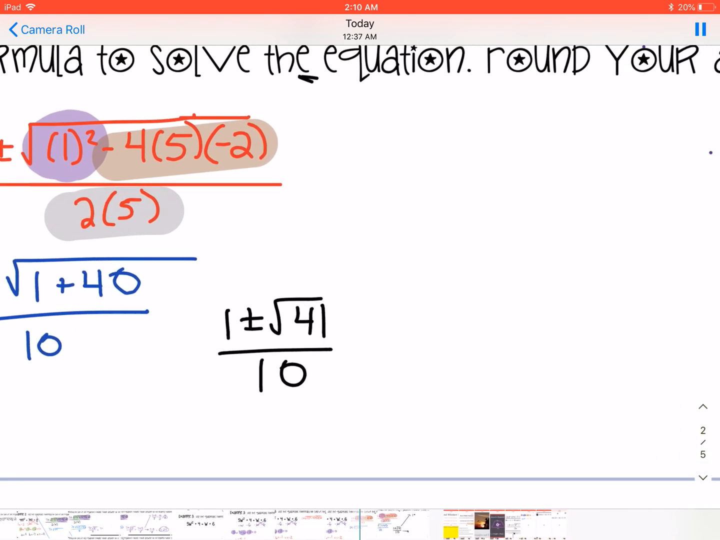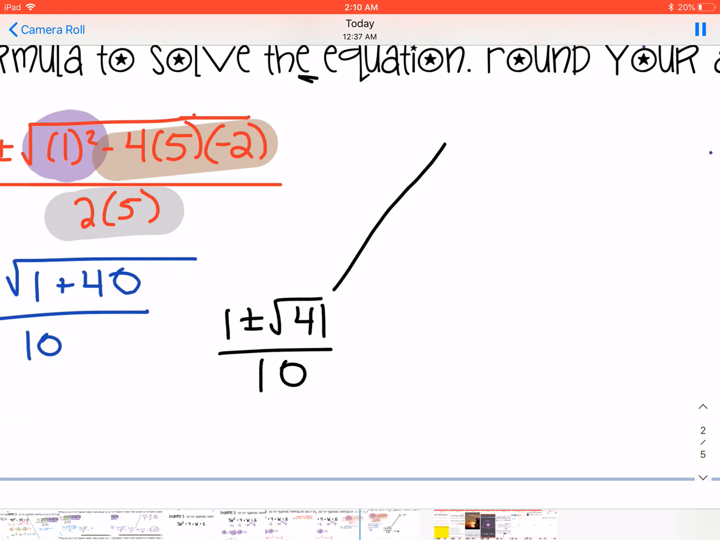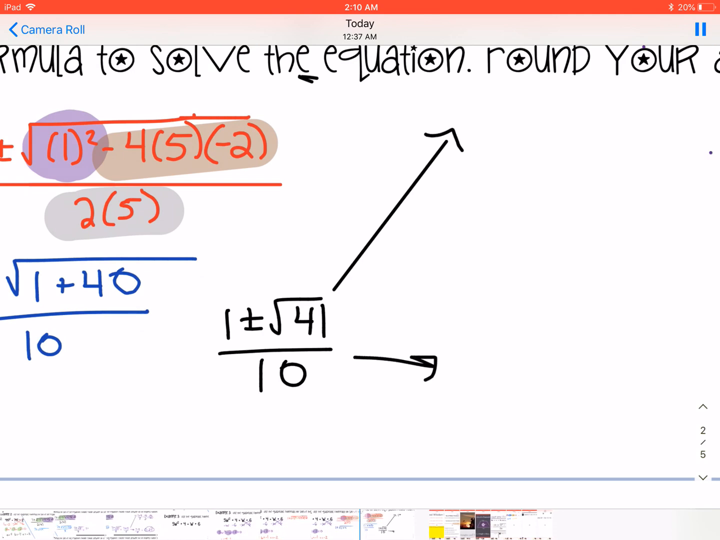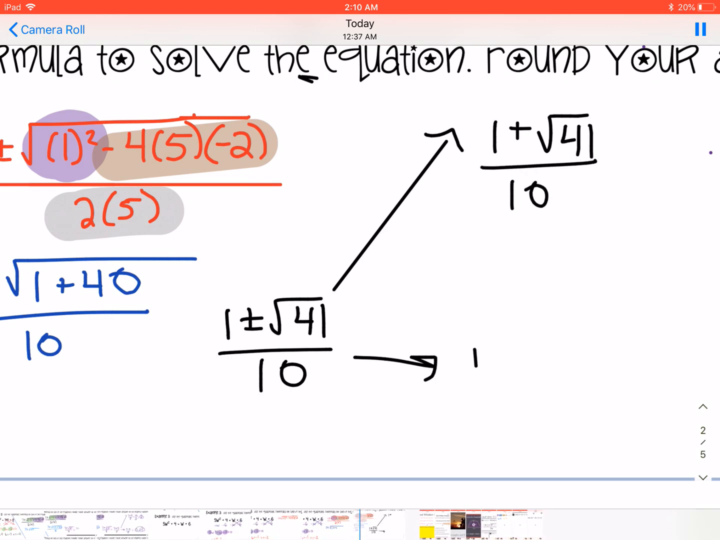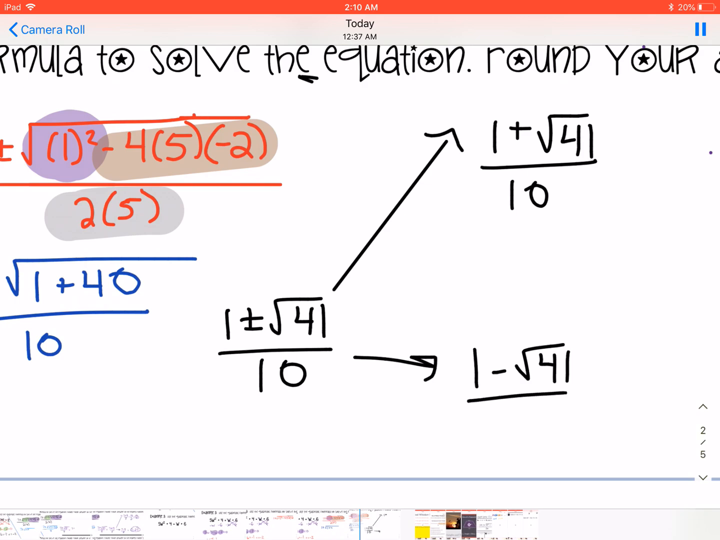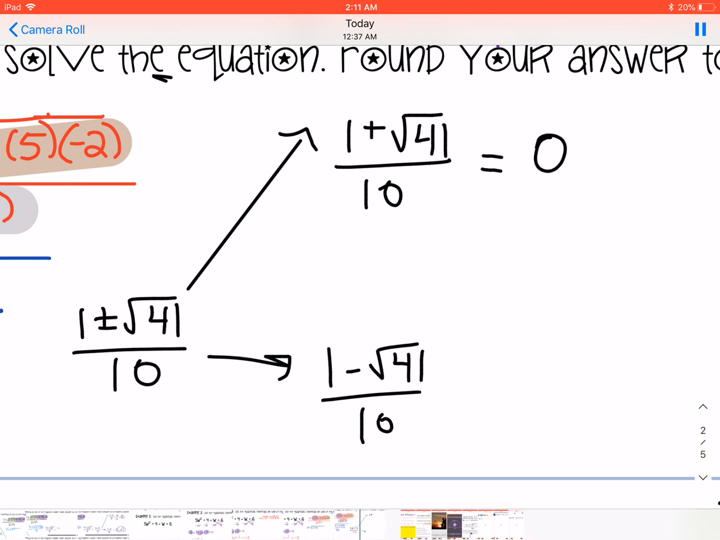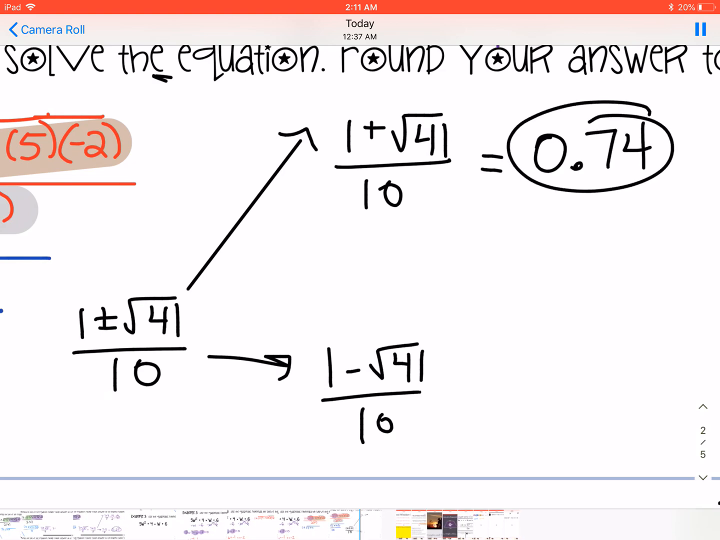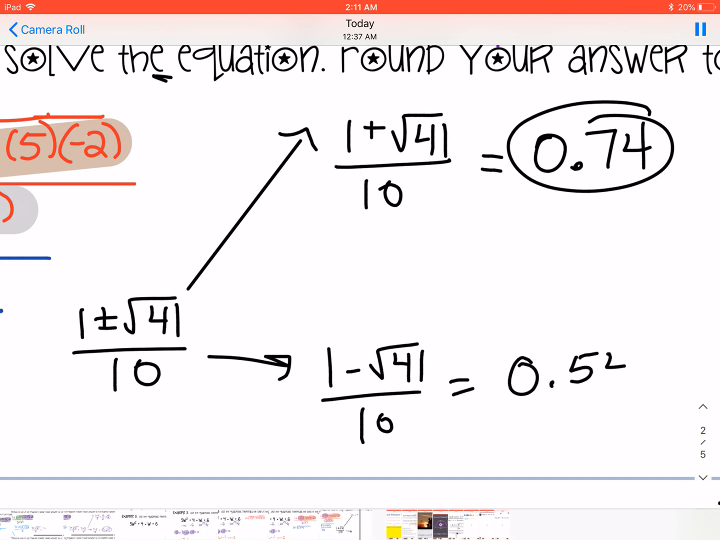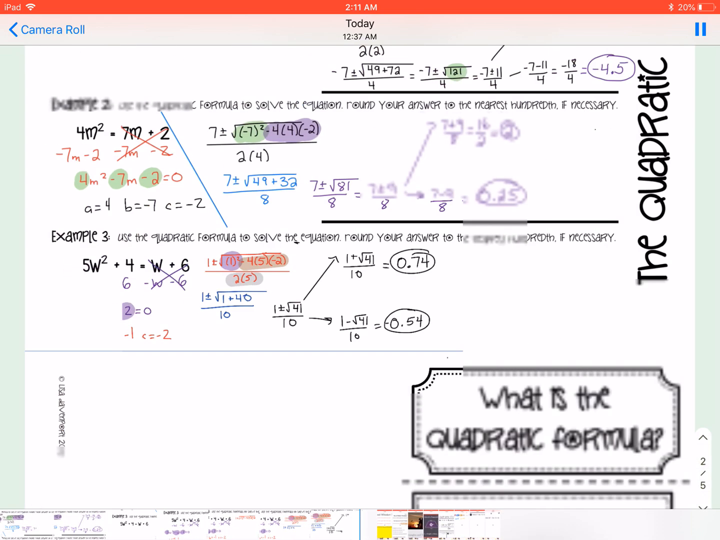I can't take the square root of 41 without using a calculator because it's not a perfect square, so this is where you would bust the calculator out, and you have to do two separate problems. You'd have to ask, what happens when I have 1 plus the square root of 41 over 10? And what happens when I have 1 minus the square root of 41 all over 10? I have my calculator out here. I'm not going to split screen this time. You guys know that this one's approximately 0.74, or 74 hundredths, and this one is around -0.54, that's negative 54 hundredths. So I'll post these to